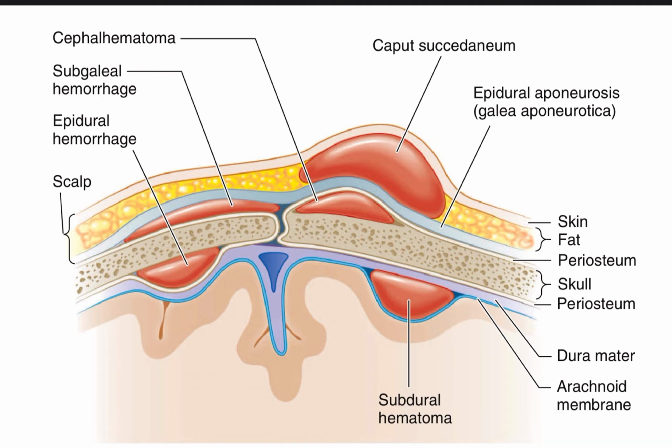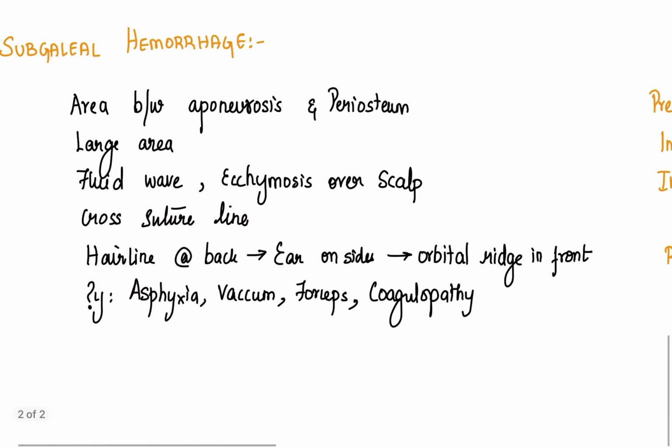Why? Again, it does not have borders. If you see, it can go underneath the periosteum, no? Underneath the aponeurosis, I am sorry. So, the subaponeurotic or subgaleal region extends from above the supraorbital ridges to the ears and in the back to the nape of the neck. So, it's such a huge area for the blood to continue to accumulate, right? So let's look at it.